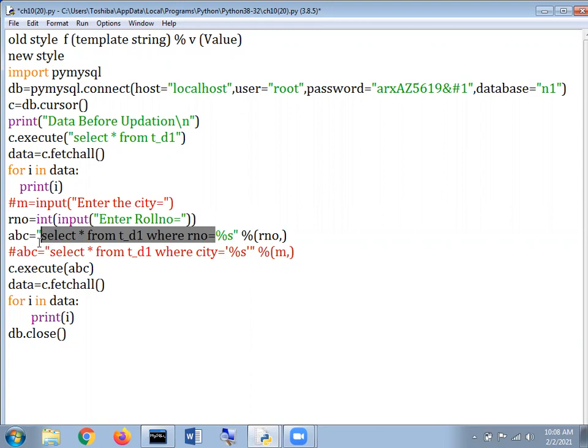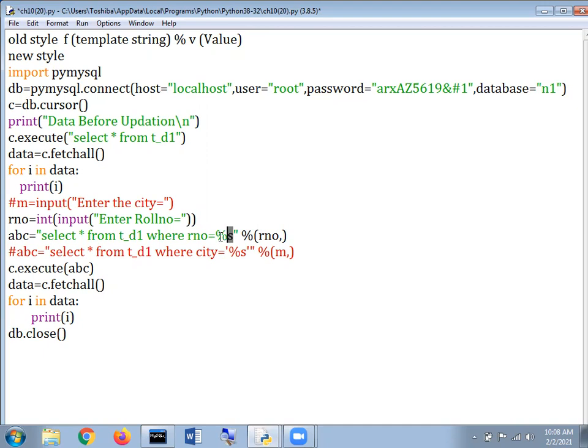Here it is. What I have selected right now is supposed to be considered as a template string, which we mentioned here. Okay, this is to be called a template string. Now I think the concept is clear. After that, there is a modulus operator. There is a modulus operator. Okay, and here it is representing.